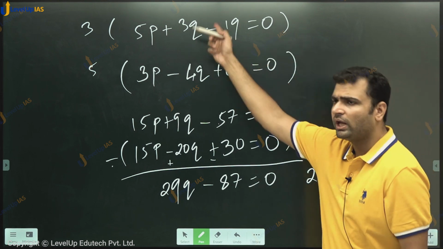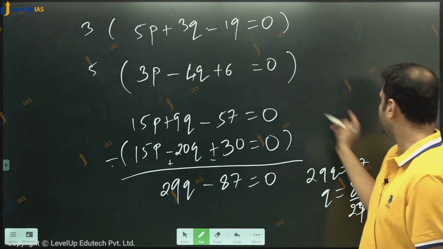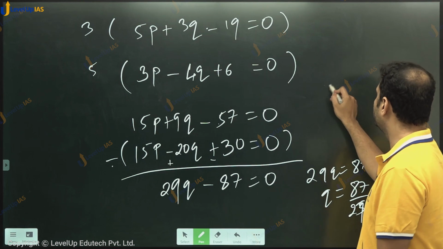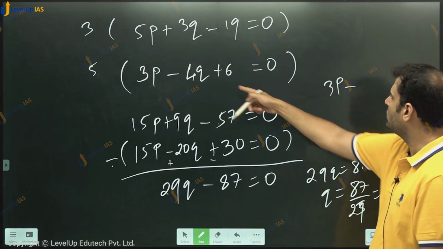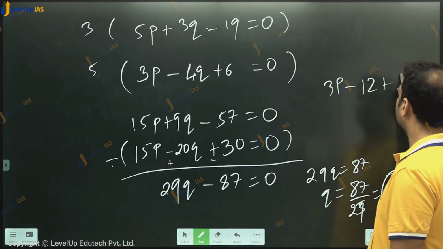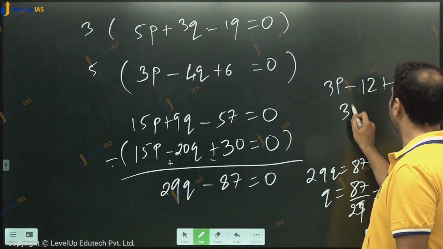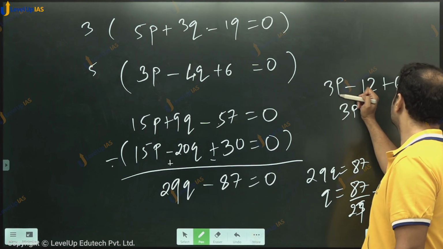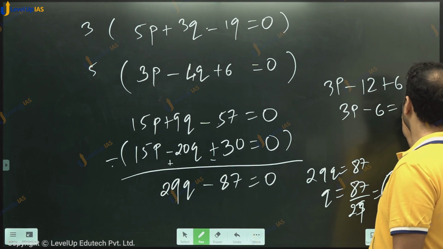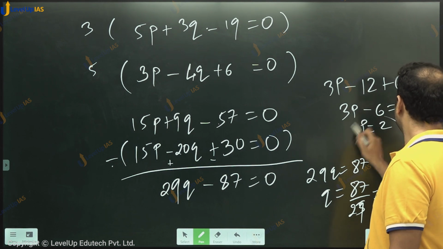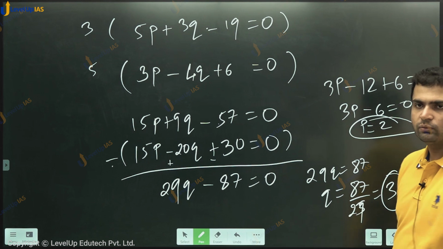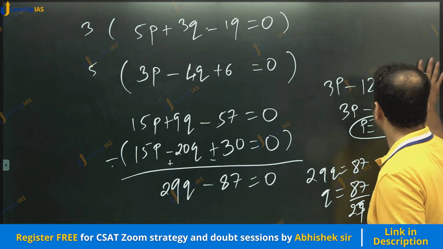Just put that value in any one of those equations. Any one of those equations is fine. Let us put this in this equation. So you will get 3p minus 3 into 4, minus 12 plus 6 is equal to 0. So 3p minus 6 is equal to 0. P is equal to 2. So here we have p equal to 2 and q equal to 3. That is one way